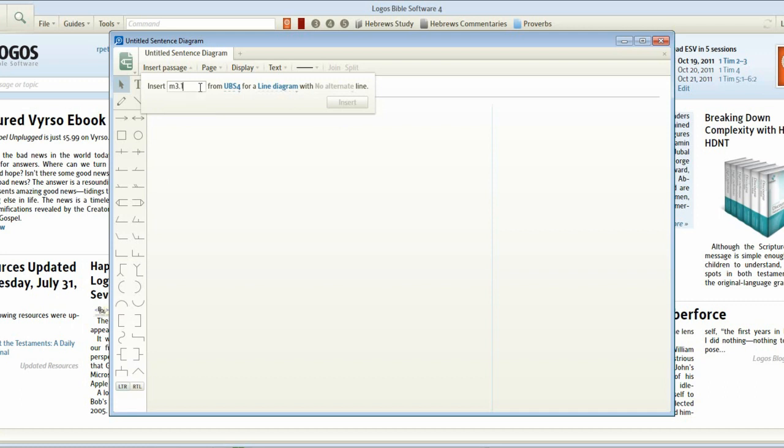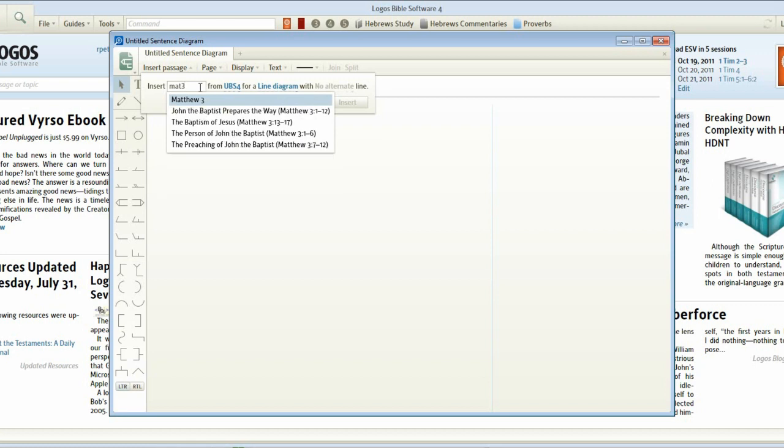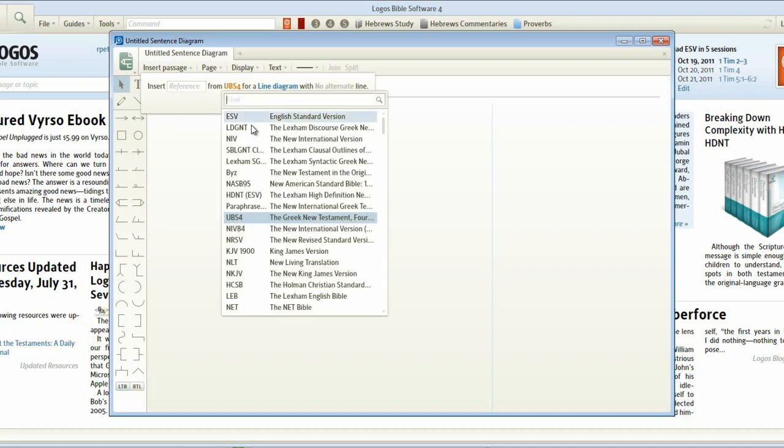Let's see if it brings anything. No. Matthew. See, so I have to put a little bit in there, but they make it pretty easy. This is your version. Whatever version you want to use, ESV, LGNT. I have a whole bunch, so